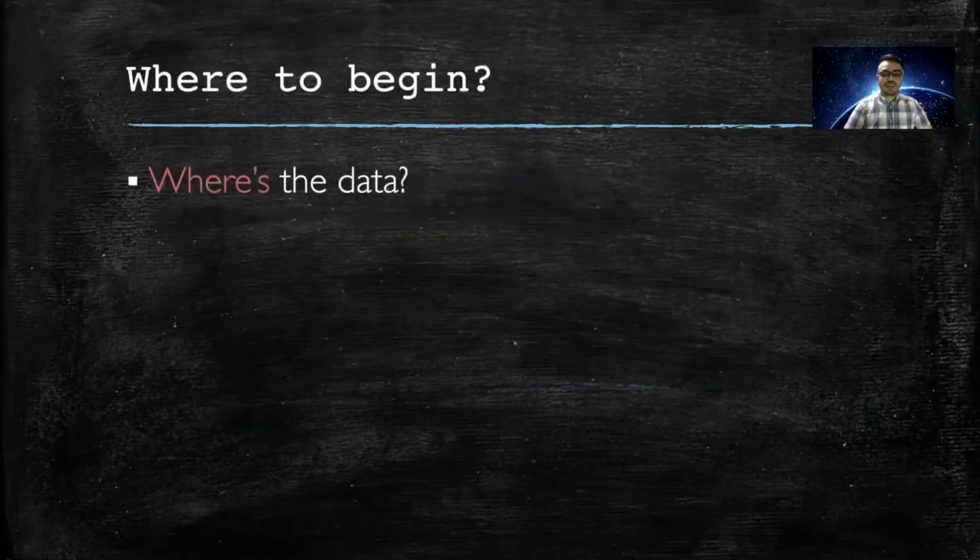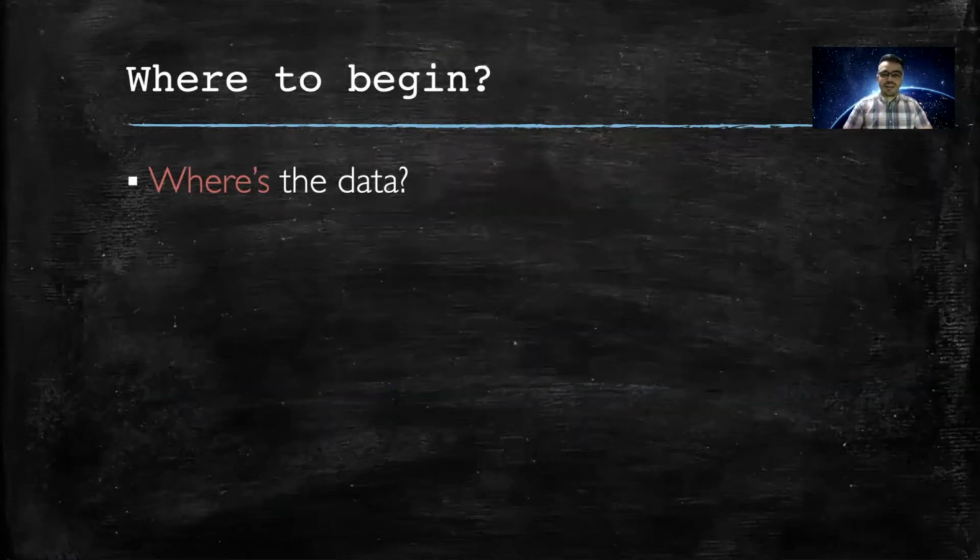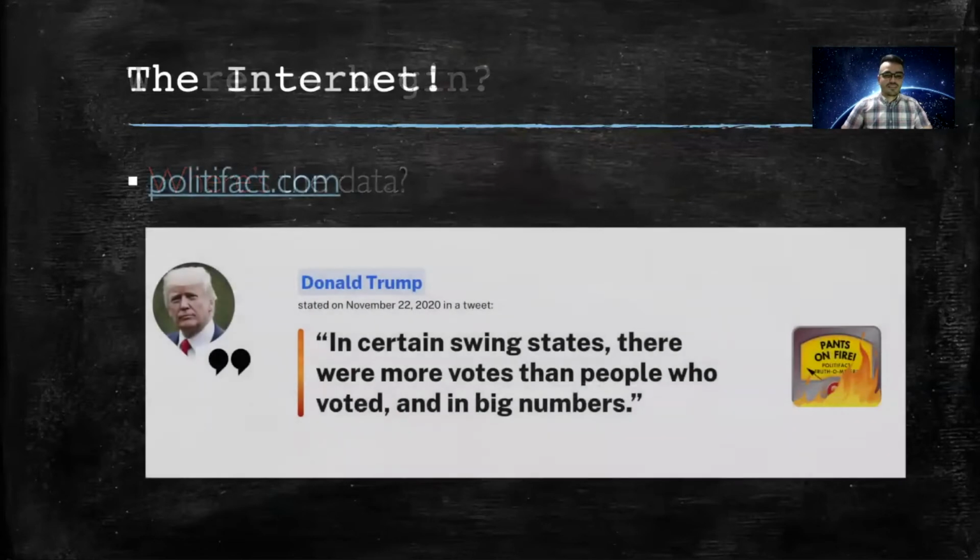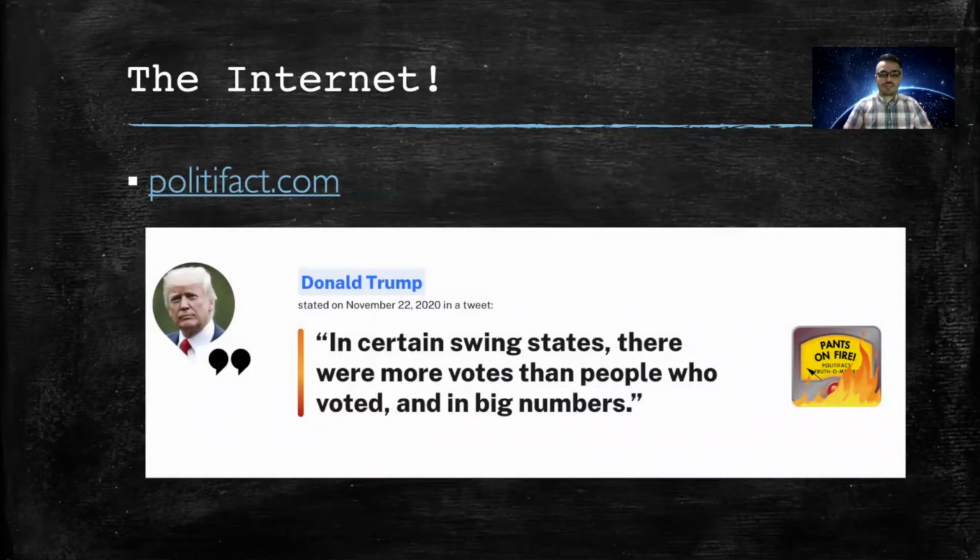So where do you begin with deception detection? Well, first of all, where's the data? How do you find data that is labeled truthful, deceptive, but also from a natural environment? The internet, of course. We can look at politifact.com, where 3 reviewers have looked at a statement made typically by